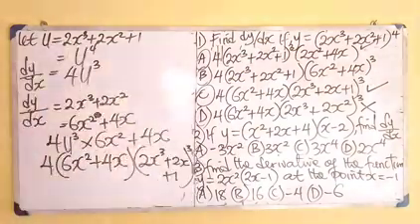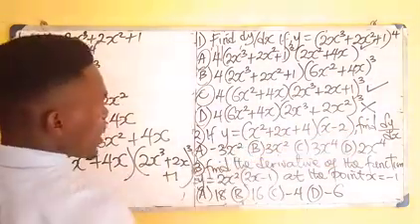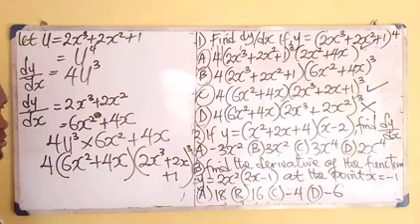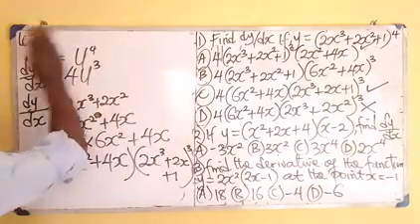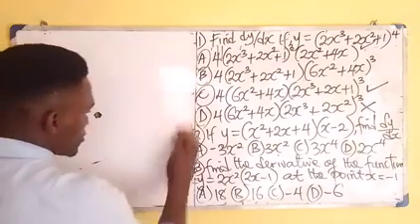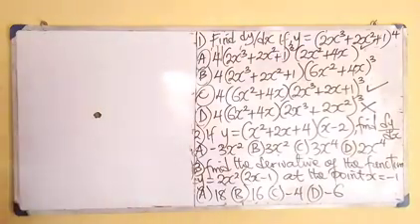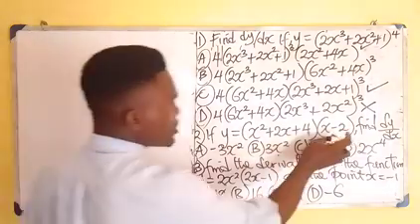Please, the next one is, they said if y equals this, find dy over dx. Find dy over dx. So how do you go about this? Now, it is very, very simple. What should I do? I will use this to